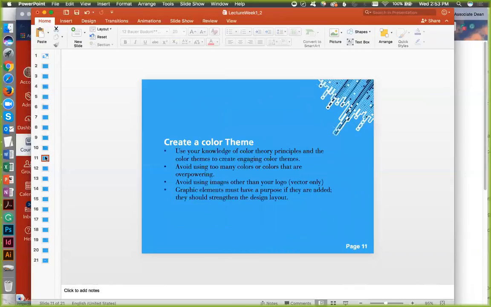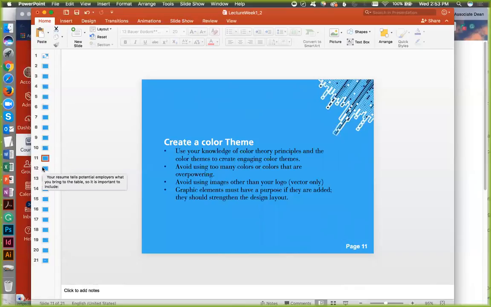All right, so color theme. Now, when I say a color theme, it doesn't mean to just simply use pink and white or green and white or blue and white, okay? Really put some thought into it, okay? Just because you have blue on the back of the page doesn't mean you have a color theme. Say, for instance, look at this here. There's a blue on the back page, but look, there's black, and there's a couple other kind of blues that are in this as well. That is what is called a color theme, okay? Now, if you simply just have something on the back page, that's not a color theme. That is adding color to the background, okay?